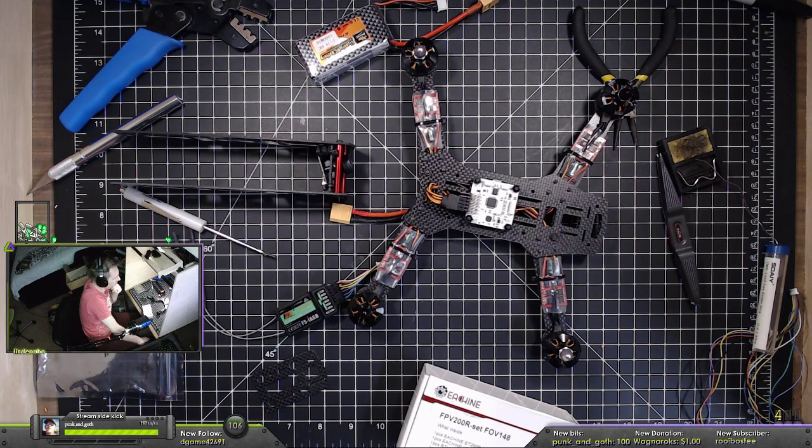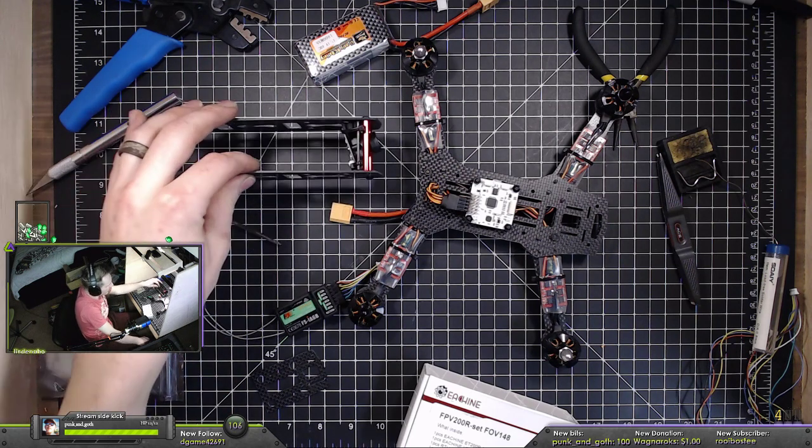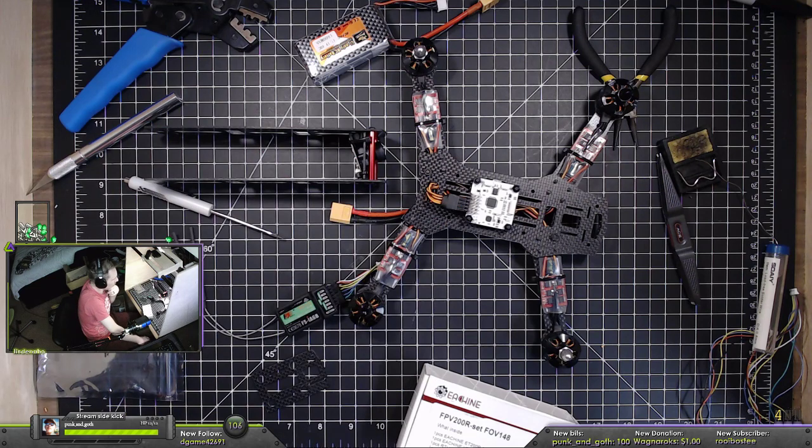Then yeah, we get the frame mounted with the standoffs, and then we'll probably start working. Ooh, well, theoretically it'll fly. Theoretically this will fly. So maybe next week we'll